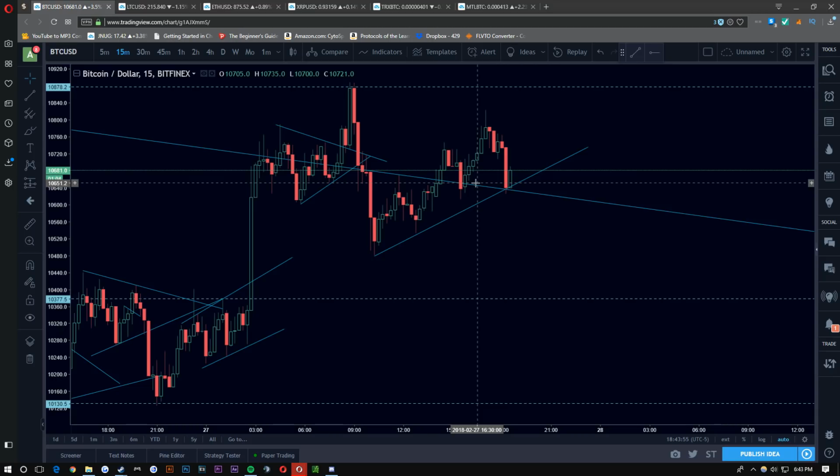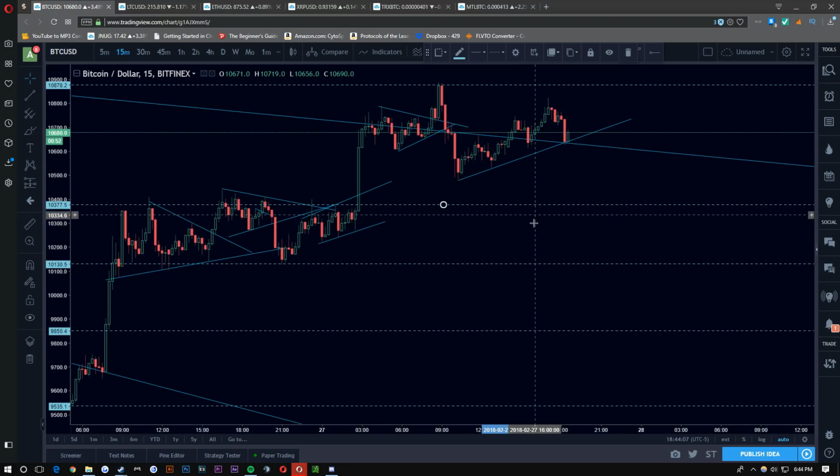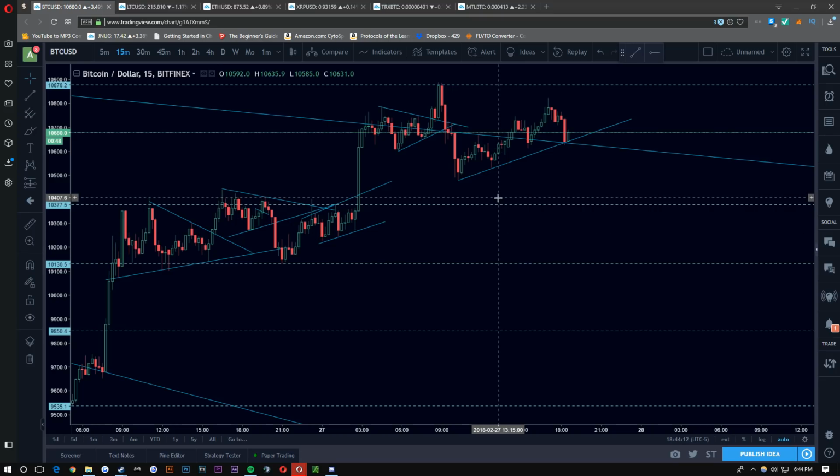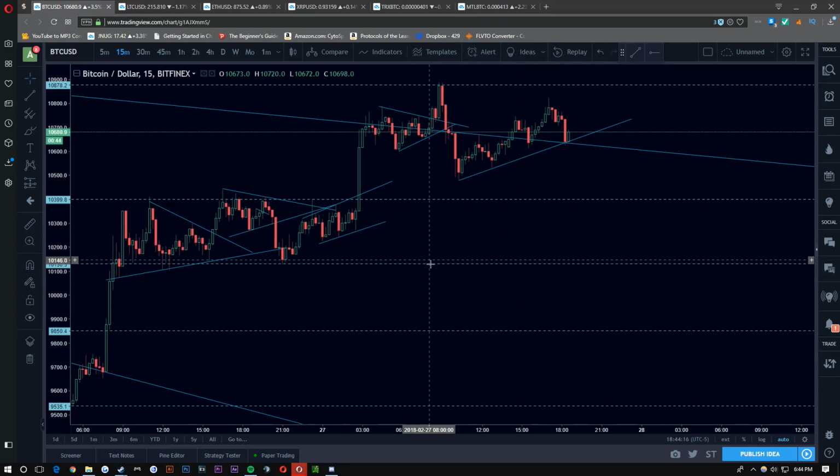Yeah, that's it. That's my technical analysis this time. Just be wary that there is support right here. 1037, 1080, or 10380, really. That's the one that you should be, or 10400. Yeah, that actually looks better. So yeah,